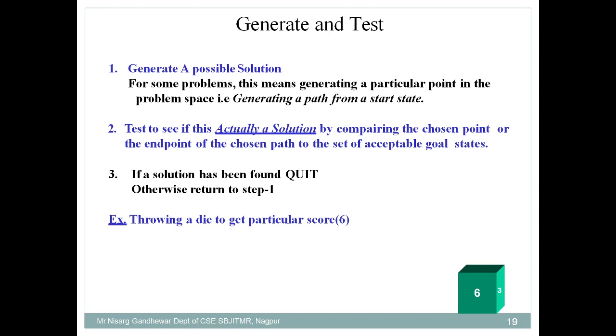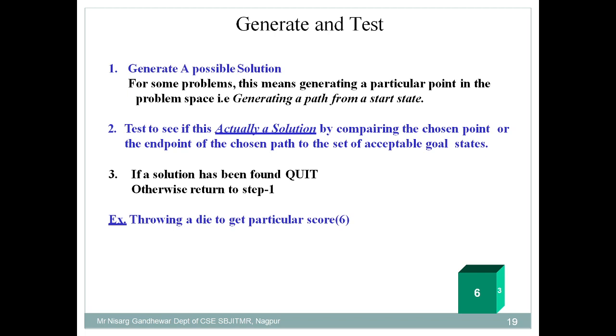So in short, I will tell you what we are exactly doing in step number 2. In step number 2 we are checking whether the intermediate state that we have generated is a goal state or not. How do you come to know that? Because you already know about the goal state, so you make a comparison of whether this is a goal state or not. If you find that your intermediate state is not a goal state, you will jump to the next step. So step number 3 is what?